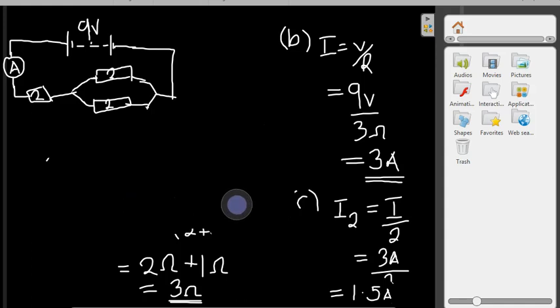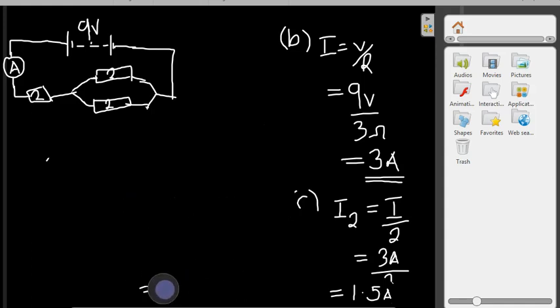I'm imagining that this question, where we are asked to find the current through one of the resistors on the parallel network. Here it's simplified for us because these two are of equal resistance, so we simply say total current divided by 2 because these are equal. What if they were different? If they were different, you can use the formula I